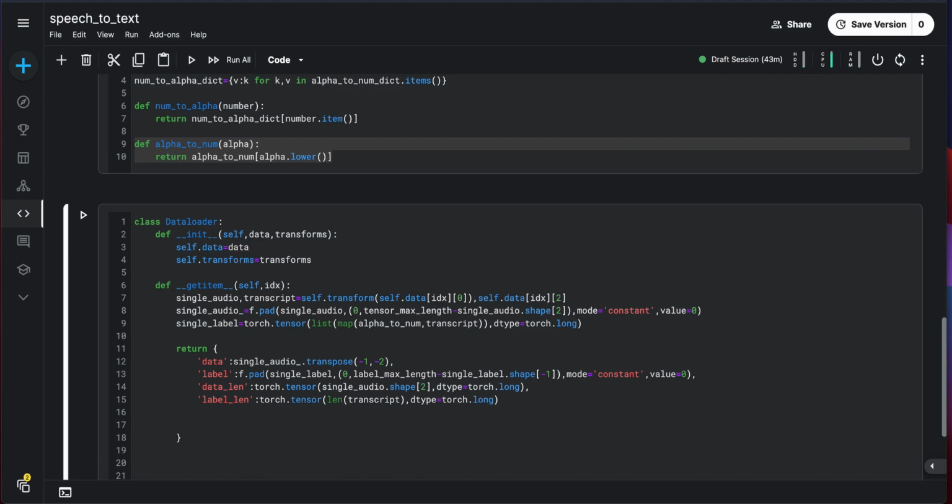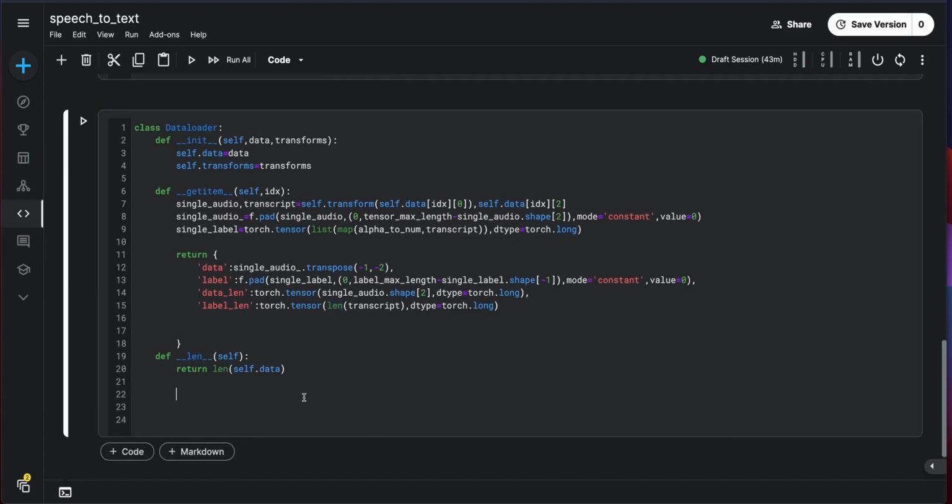Okay, so I'll need to define __len__ in self, and this is going to return the length of self dot data, and return. That's it, our data loader is finally done, and we can initialize